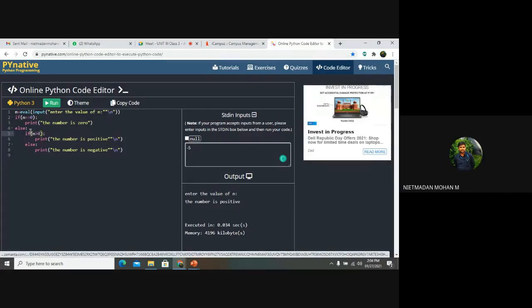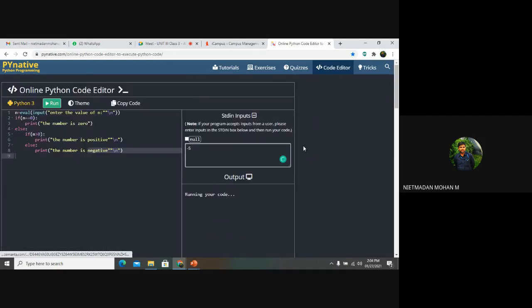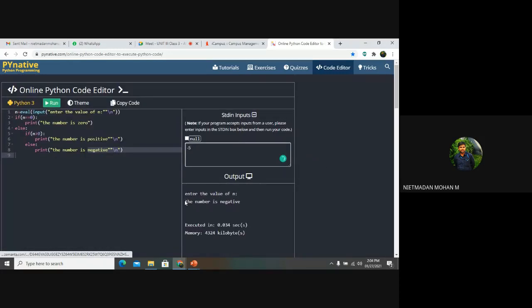So it automatically goes to the else part and prints that the number is a negative number, because we are checking only 3 conditions: whether the number is 0, positive, or negative. We give conditions to check 0 and the positive number. If these 2 conditions fail, the number is automatically negative, so it will print that the number is negative.